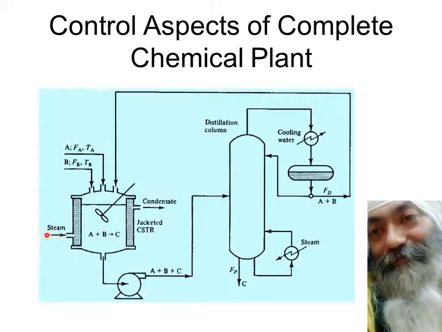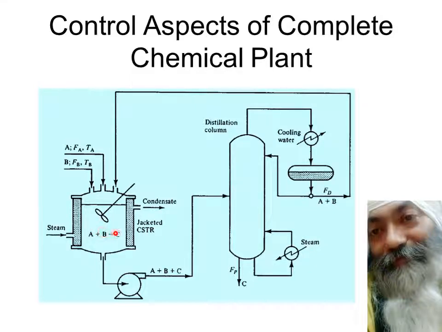By controlling this steam flow rate, you are going to control the temperature of this tank reactor, and the steam is getting condensed on account of its transferring the heat to this continuously stirred tank reactor. The condensate is getting out from the jacketed CSTR. This is the jacket, the outer jacket, through which the steam is flowing. And once this A plus B is getting converted into C, then this tank is containing all three, A and